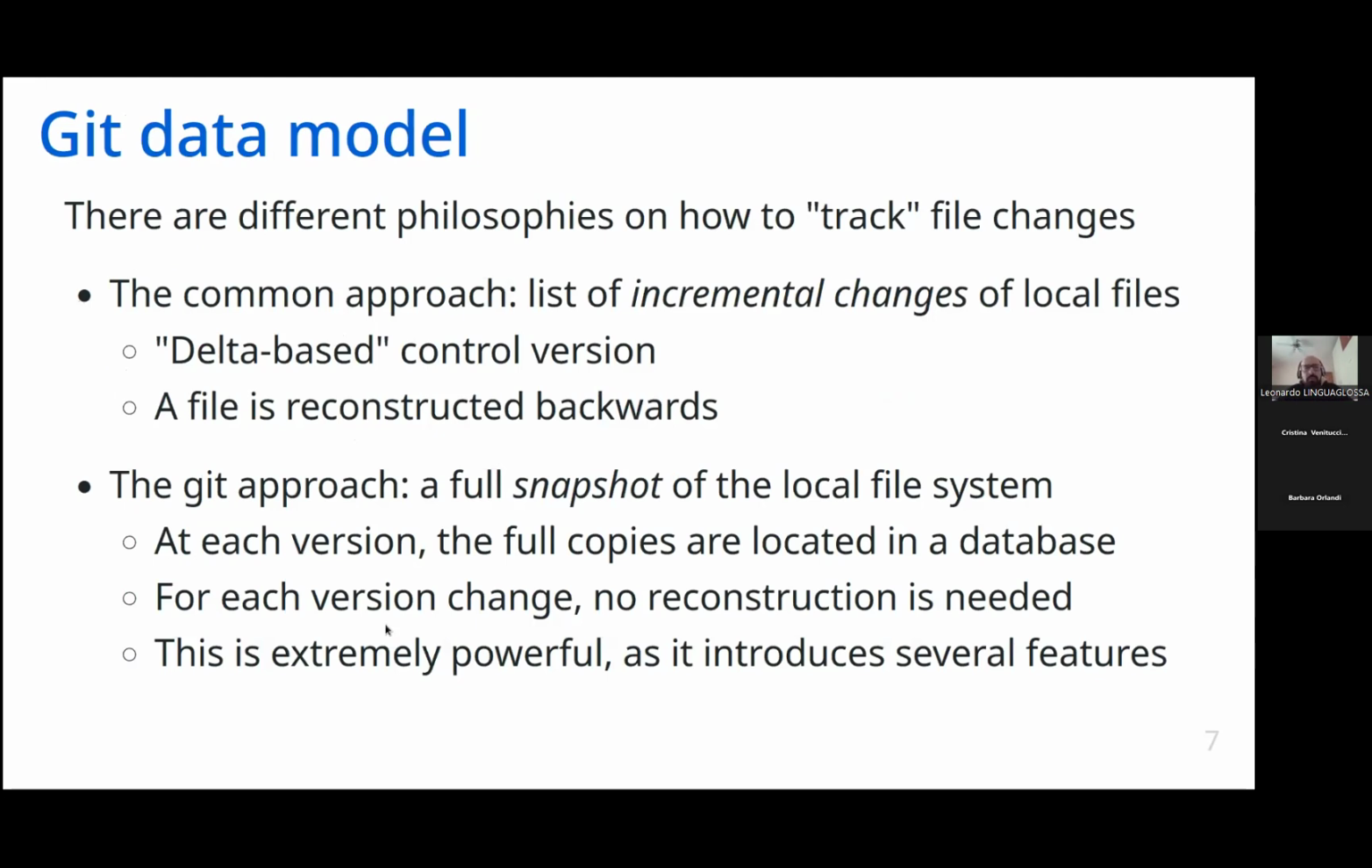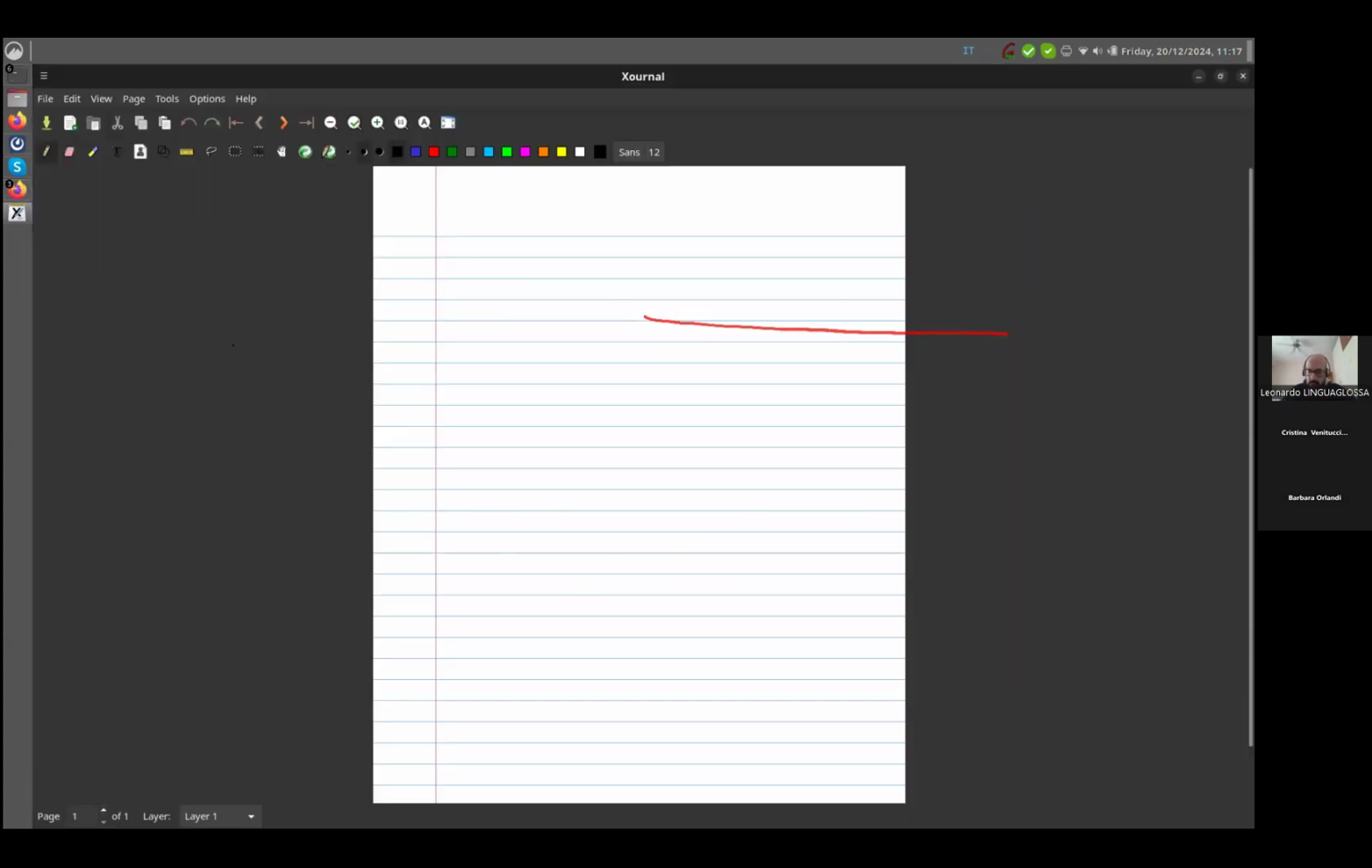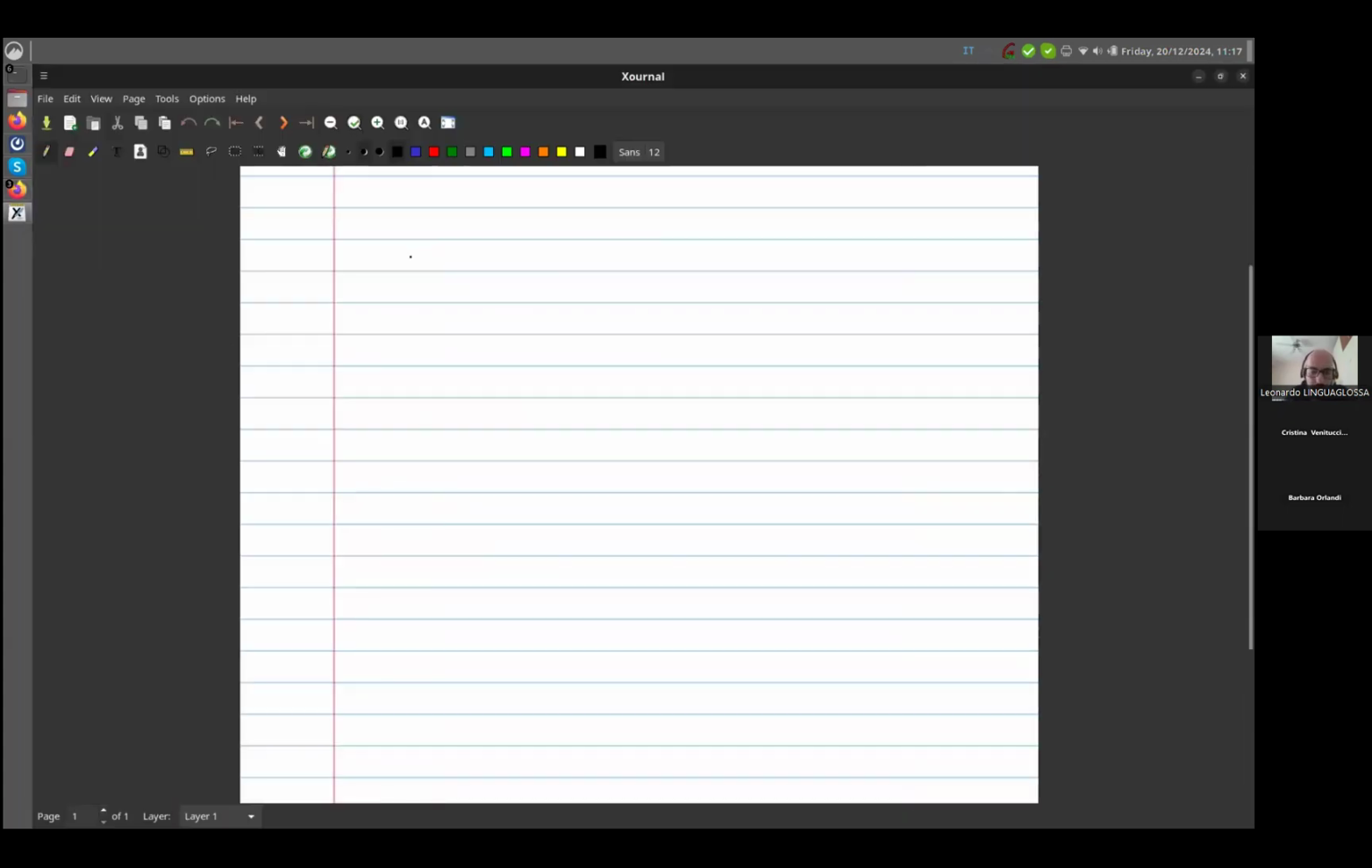Now, there are two different philosophies on how to track changes in a file. The most common approach, which was used by SVN, was to store a list of incremental changes of local files. We call this delta-based version control. So what happens is that if I go to my external here, imagine that you have a file. The file is called a.txt. So once you have this file, you have some content. You have line 1, you have line 2, you have line 3, and this is your